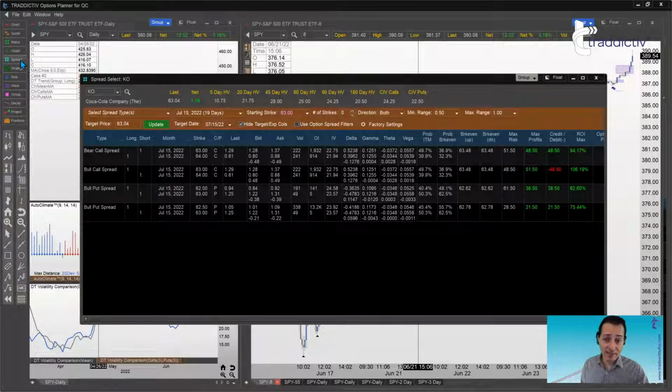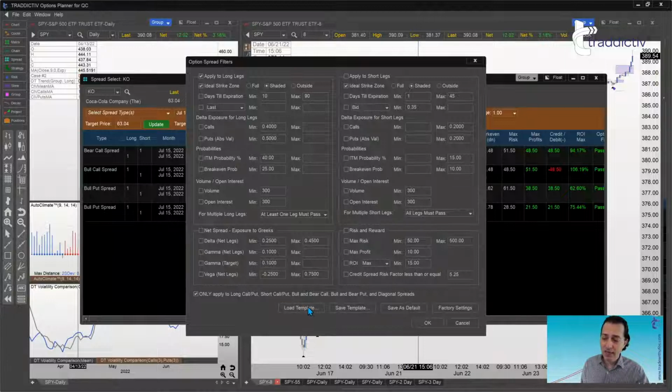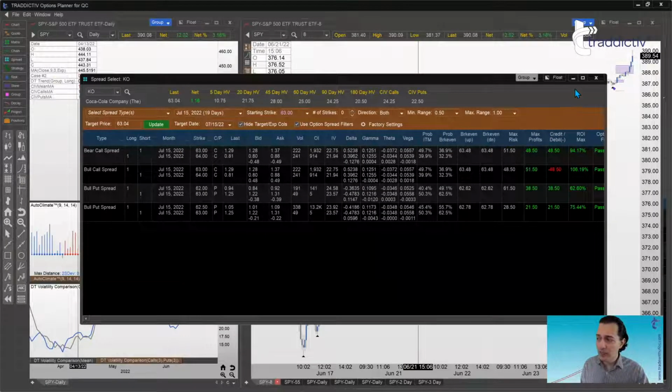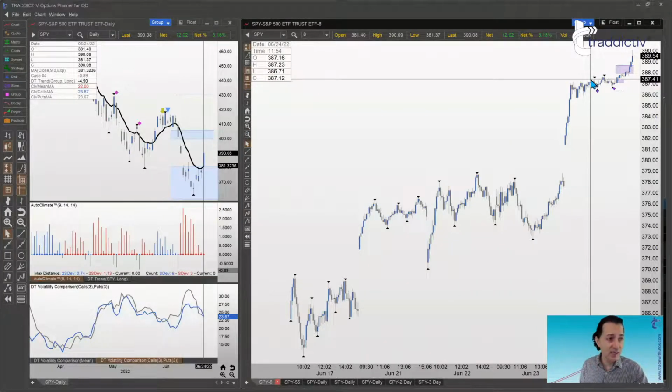So if we look at the spread select tool, and you probably have seen some of the live sessions where we do iron condors and things like that. If you look at the template, we'll talk about this properly in a different session, okay? But notice how in these filtering conditions for iron condors, we are using probabilities of what is a maximum probability of in the money, a maximum probability of break even. So in other words, if you want the options to stay out of the money, a high number is bad. If you want the options to have a high probability of remaining out of the money, you want to make sure you have maximum settings here. Again, we'll talk about this properly when we deal with spread select in another TOP session.